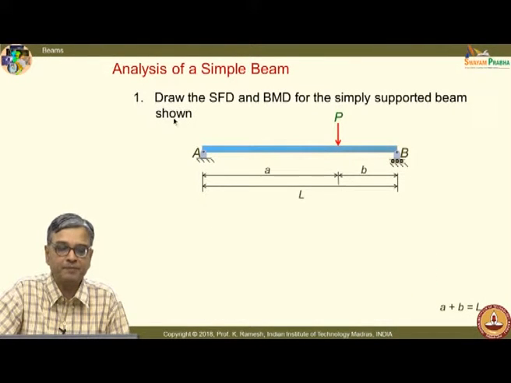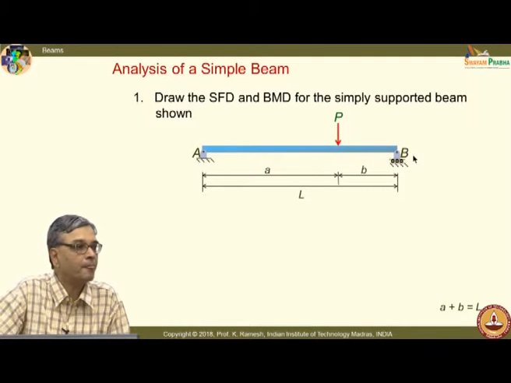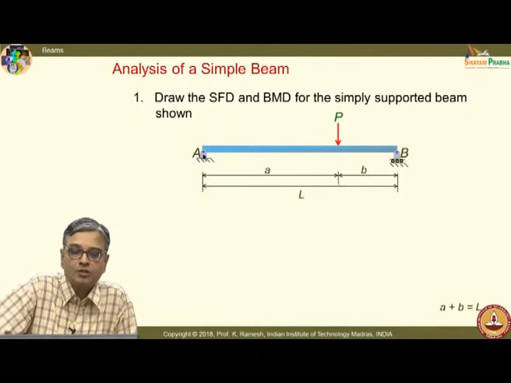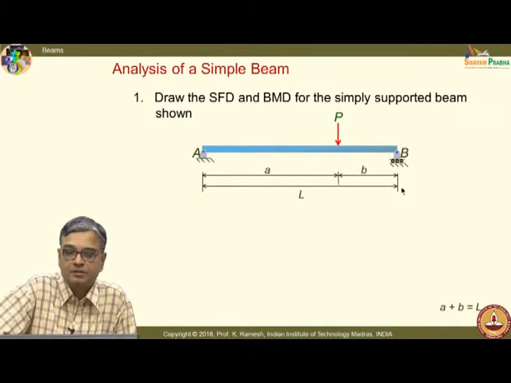Let me take a simple beam. I have a beam supported on a pin joint and a roller support. You are also given the dimensions. You could replace this bar as a simple line for your notes. And one of the first steps in analyzing this problem is to determine the reactions. It is also given the distances A and B are such that A plus B equal to the total length L of the beam.